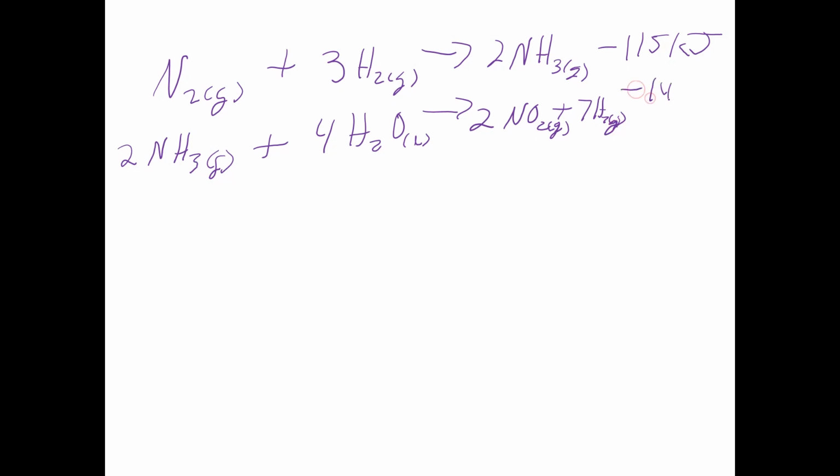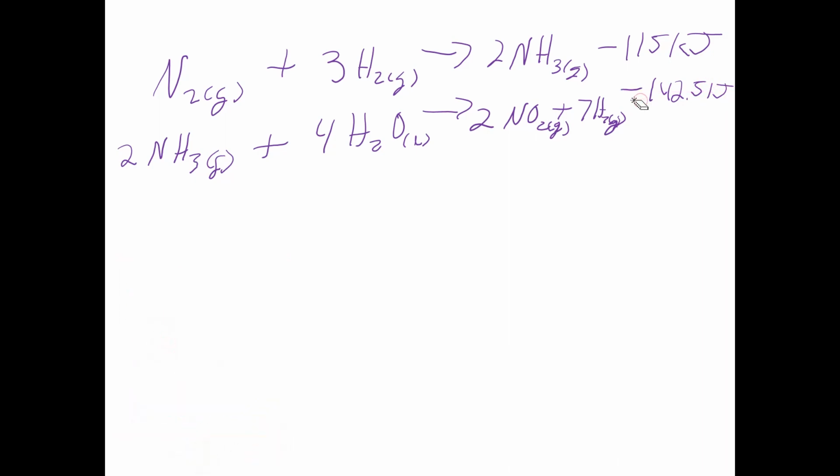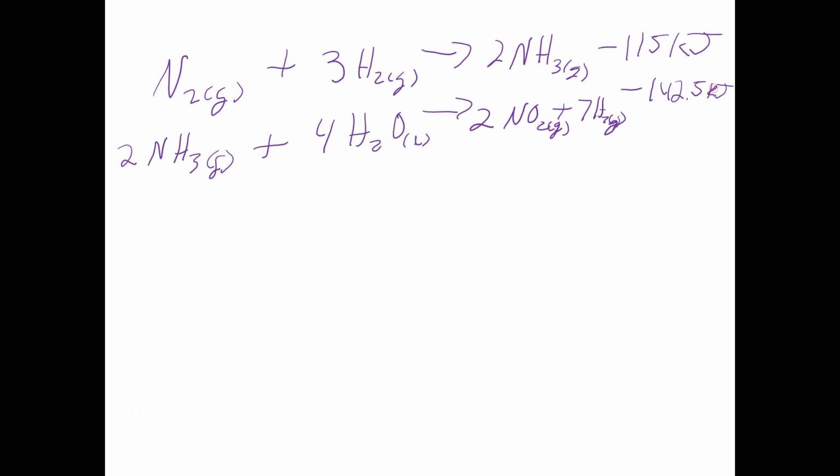And delta H is 142. In the last equation, we flipped it and we multiplied it by 4. So we have 4H2